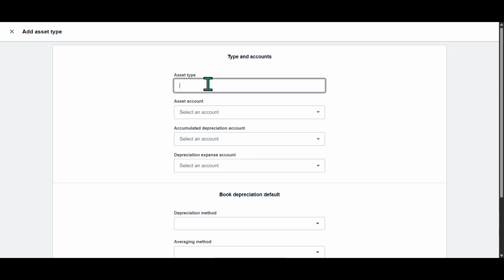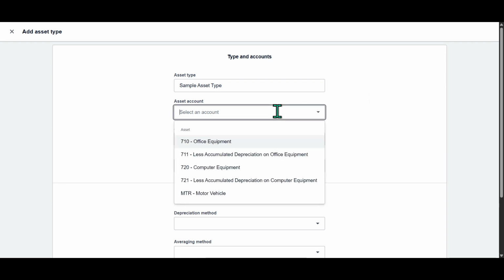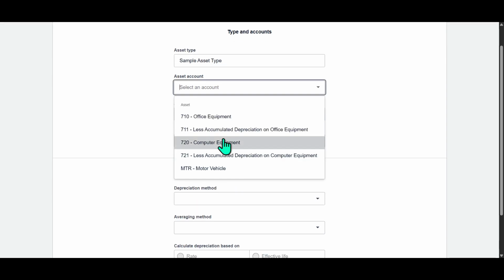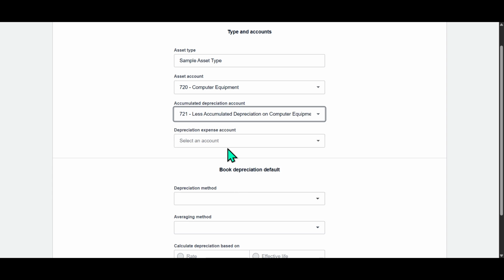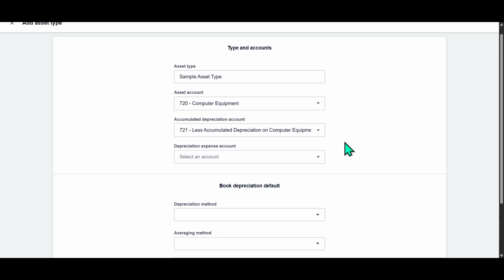Once you've clicked on New Asset Type, a form will appear prompting you to enter details of the asset type. Take your time here. This is where you'll assign a name to the asset type and determine any specific accounting configurations, such as depreciation rates or other relevant settings. Remember, the more precisely you define these details, the more tailored and useful your asset reports will be down the line. Precision here will help in tracking the assets accurately and ensuring that their value is correctly represented in your